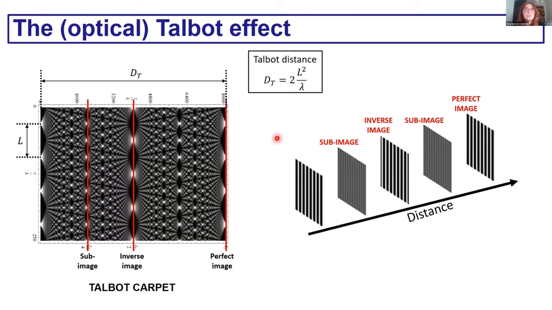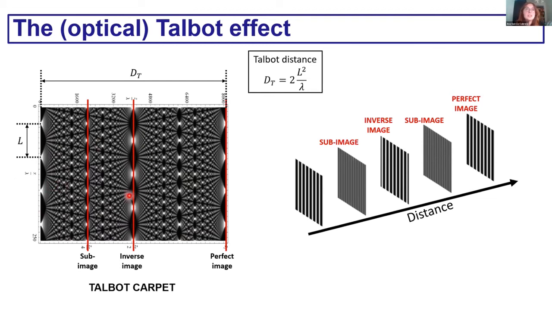This phenomenon is analogous to the well-known optical Talbot effect. Just to remind quickly the optical Talbot effect: this is a Fresnel diffraction phenomenon first observed in the 19th century. When we have a periodic field distribution, like that in a diffractive grating, for example, we observe in the near field a series of self-images of the field distribution at regular distances from the diffraction mask. This kind of images, usually called Talbot carpets, represent the light intensity along the propagation distance and the transverse distance, in which the electric field is periodic.